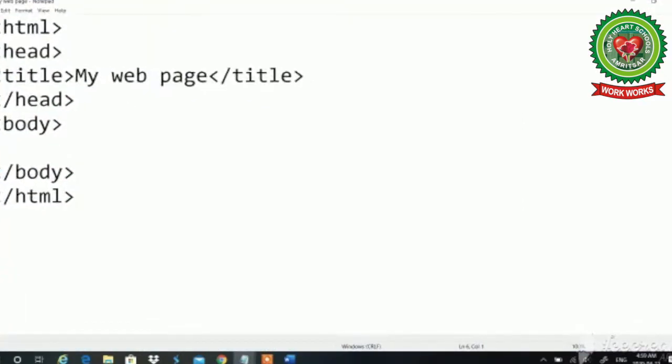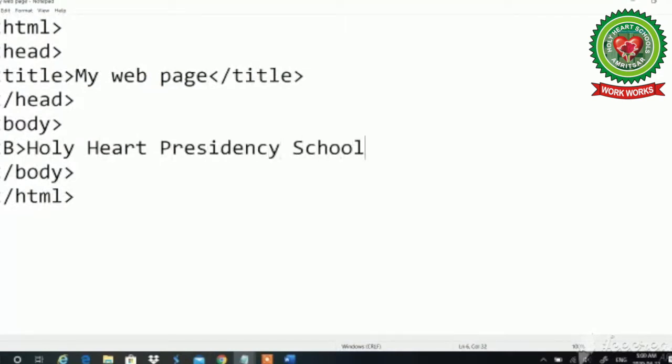I have opened my notepad and I'll use B tag. I will type my text. I will close my B tag. I'm going to use the BR for you people to break the line.